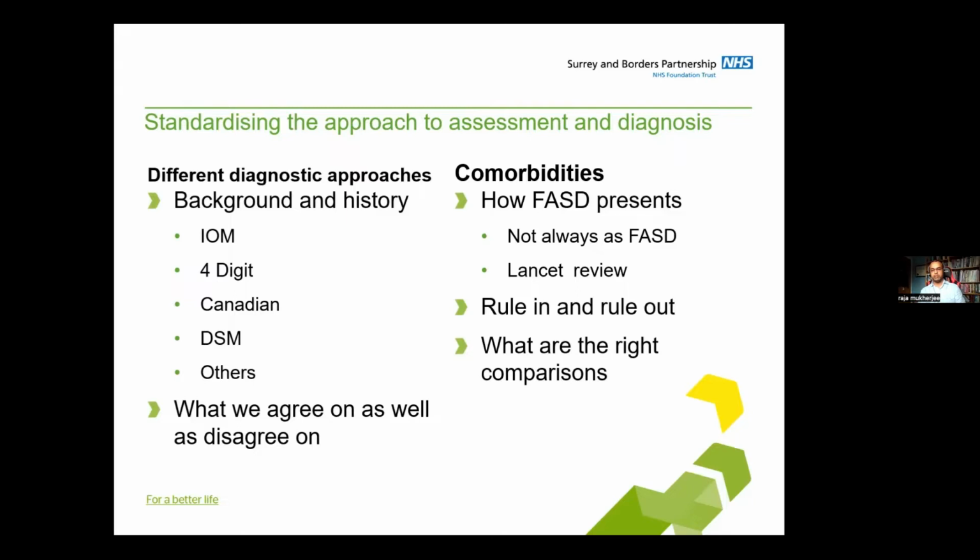Should it be 2 standard deviations? Should there be 3 criteria? Should there be 4 or 5? Where should those things fit? But we all agree that prenatal alcohol is a tragedy. We all agree on the broad parameters, and we all agree that this is a thing that needs to be worried